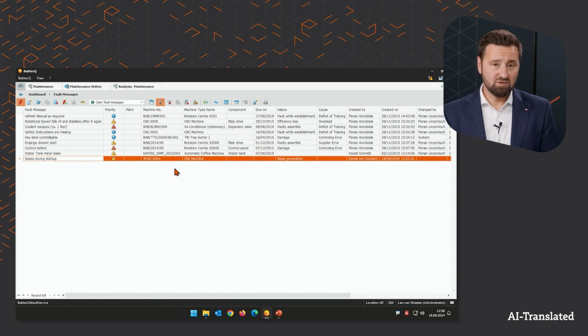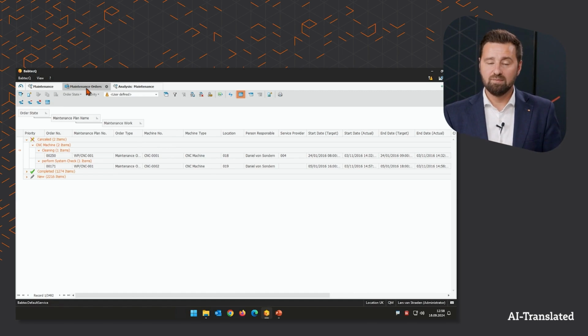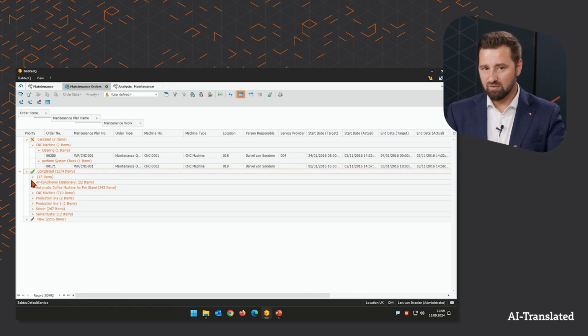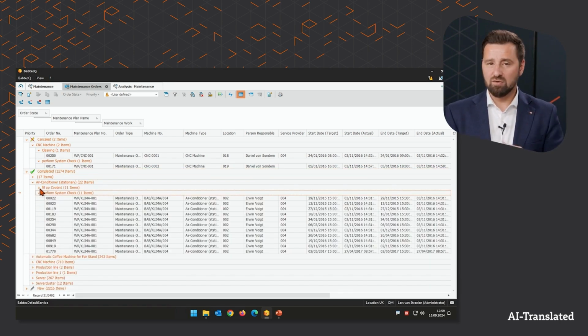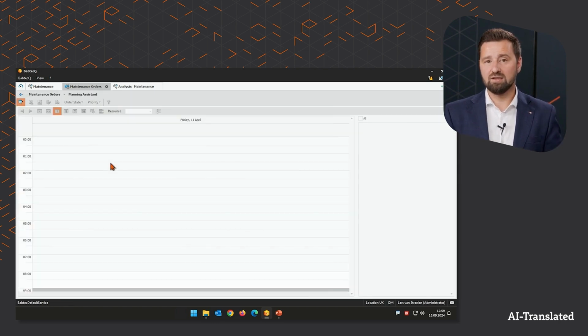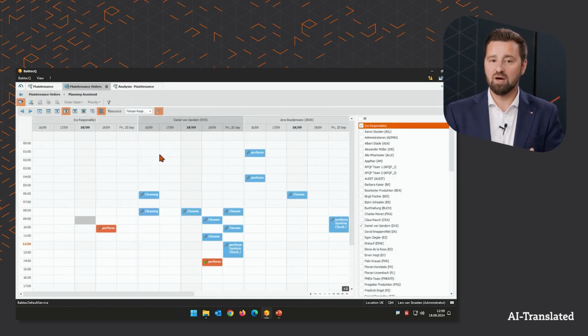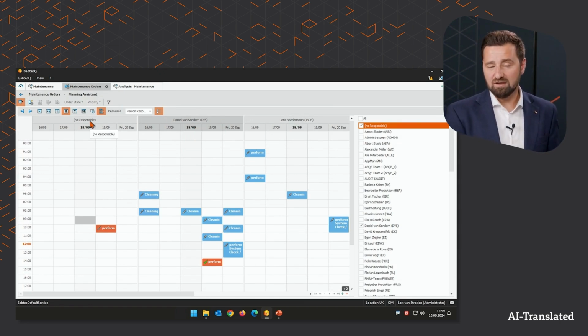The order is now in the database, as you said, so there are now many orders, which are both maintenance and possibly repair orders. To get an overview here and maybe also to prioritize orders or set other responsibilities, are there specific decision orders in this area that provide me with lists? So all the orders that have been processed so far and will still be processed in the future, list. So that one, the list view is rather suboptimal for time planning, for scheduling. That's why you can use the planning assistant to get a calendar view that we have now divided by resources in our case. This means I see 2 employees who currently have various orders under their responsibility and an area of orders that have not yet been assigned to any employee.